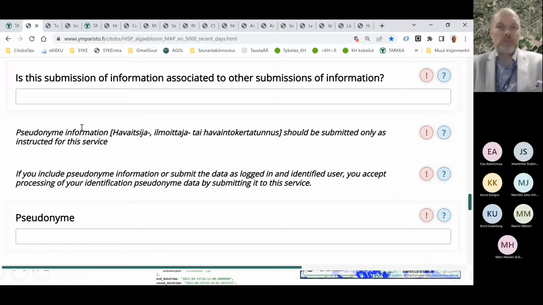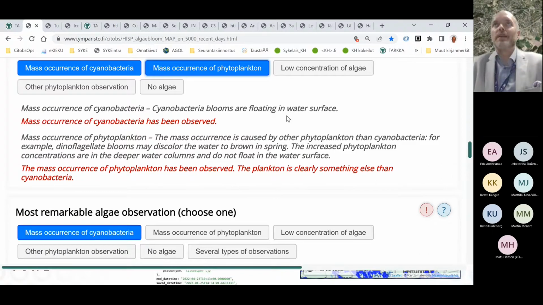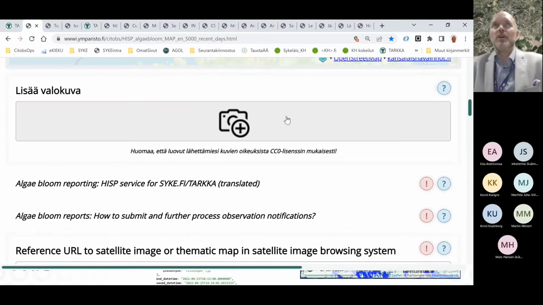And there could be different instructions for users which you would like to provide with the information, because